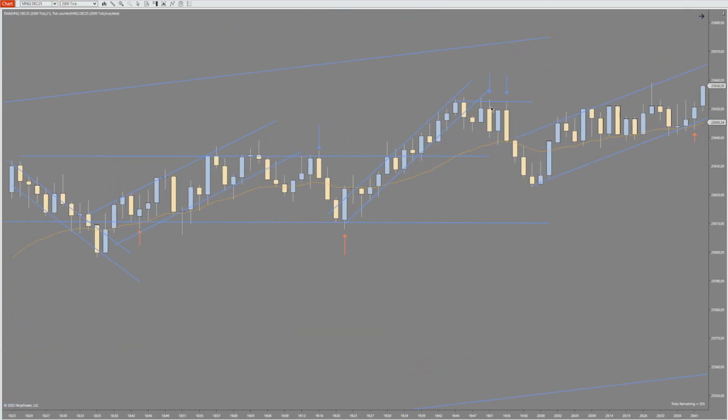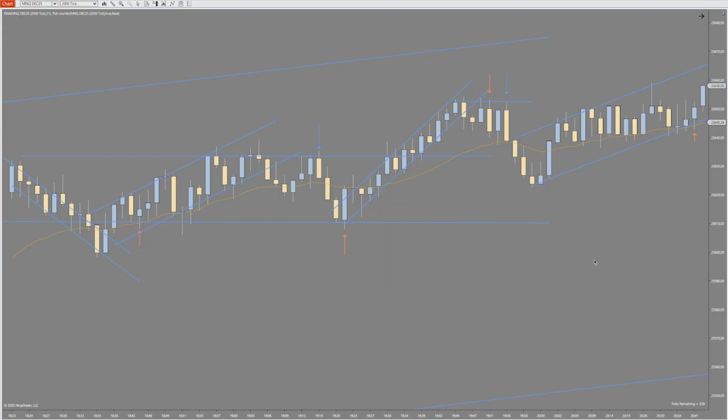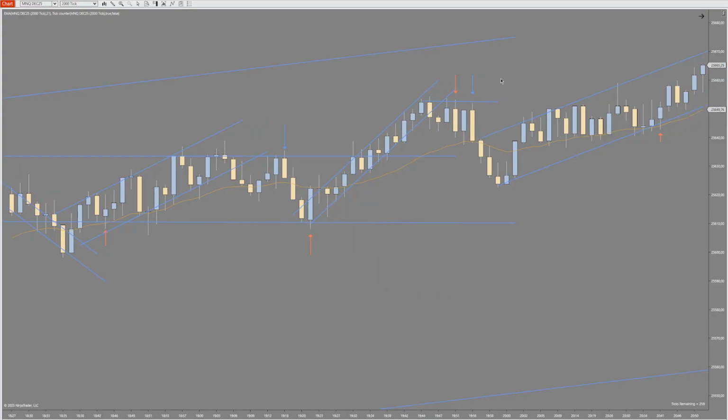But again, we do get triple test here. I guess this is a lower high as well. Not actually, not too sold on this one when I'm reviewing it again. Let's make it orange,